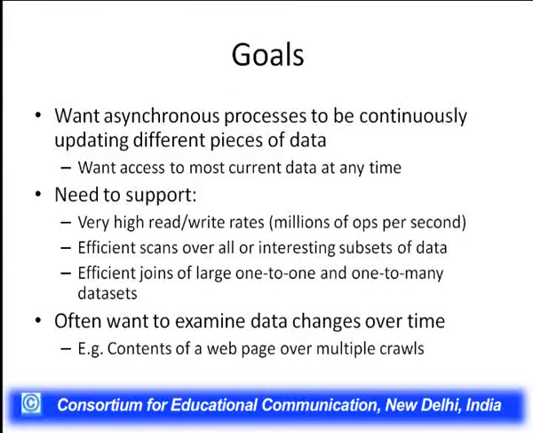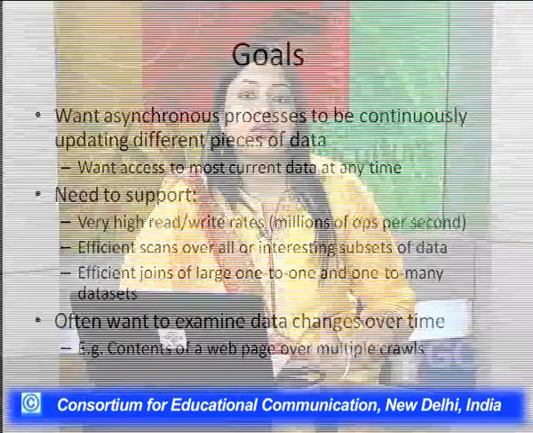Then you need efficient operations like join operations, one-to-one, one-to-many, and any other operations which you need. And you might also want to examine how the data is changing in chronological order, like at what particular point of time a change was brought about. So all these things should be handled.